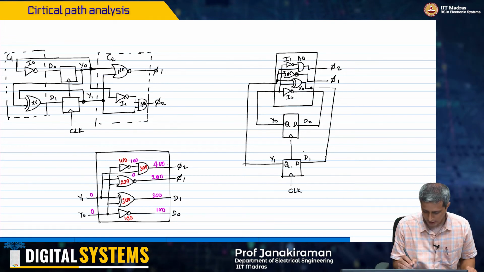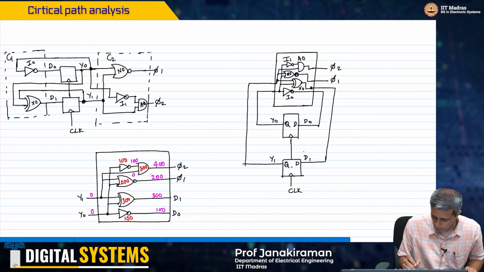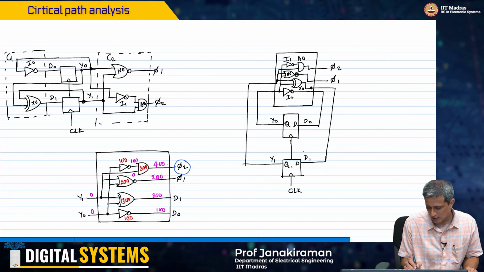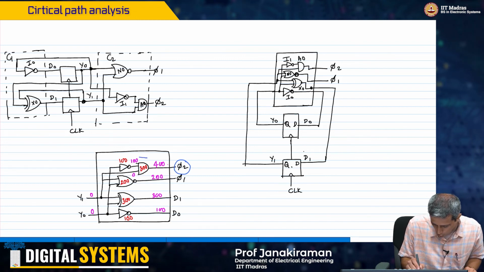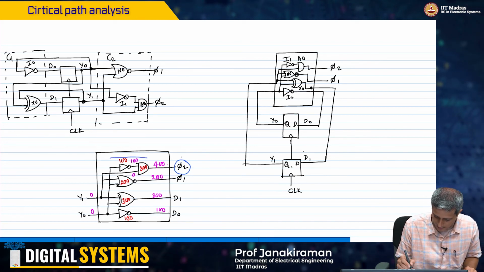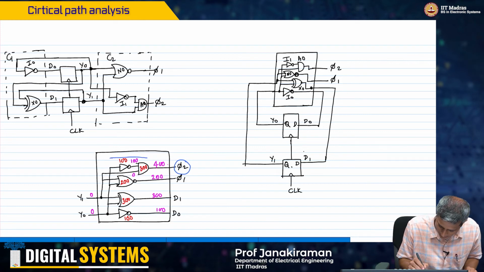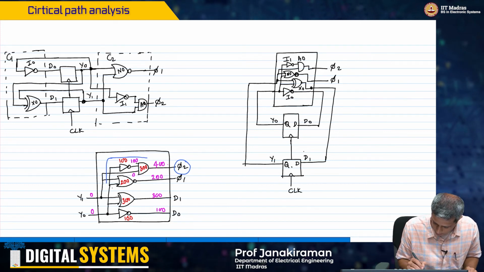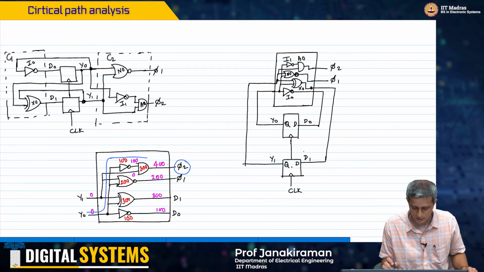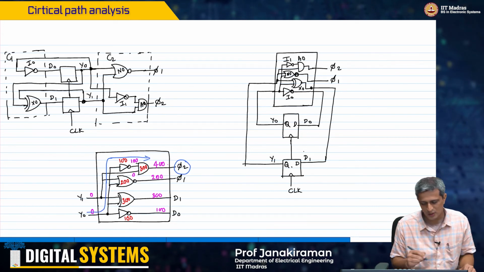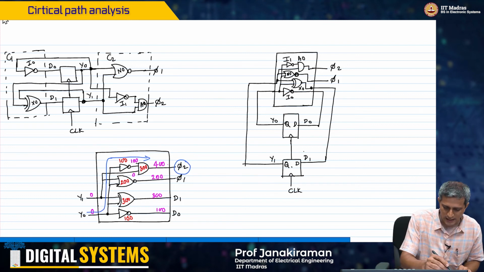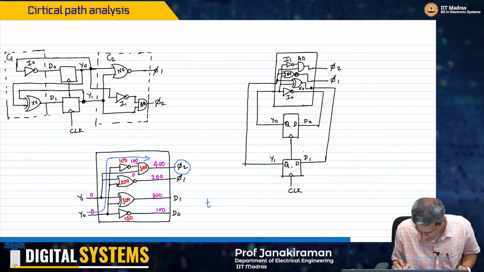Therefore, if you look at the critical path, you will pick the one whose arrival time is largest and go through the circuit which has the highest delay, and this will be your critical path. And therefore, I can say that the propagation delay TPD is about